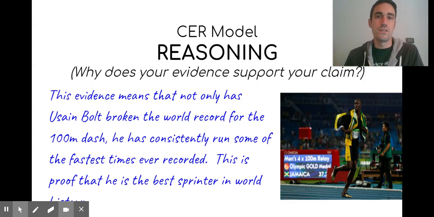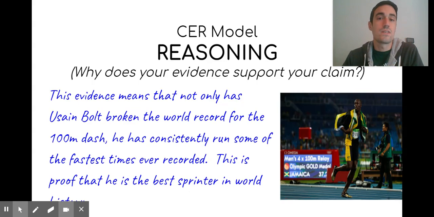One thing I want to note really quick is that we talked about how best or better is not a scientific term. It doesn't make it a testable question. In this case, I'm just making a claim. It doesn't matter if my claim is correct or not. It matters how I use that evidence to support it. I could make claims for other runners being faster, but I think this is going to be my best claim based on my evidence and the reasoning that goes with it.